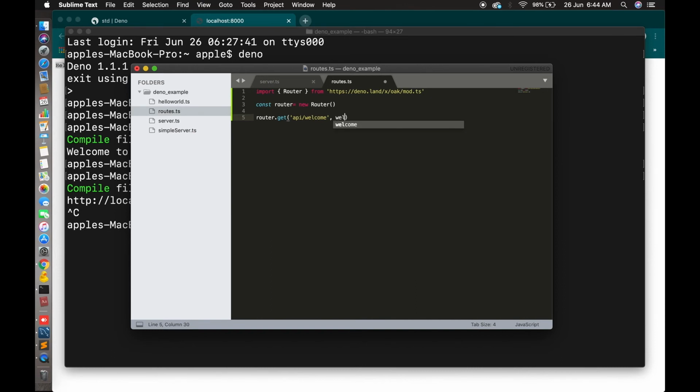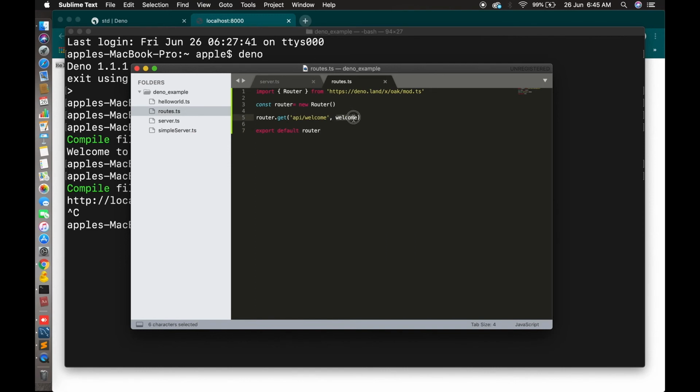So this is the function, welcome. I'll create a function or method, you can say. Then just export the router. Export default router. If you mention the default, while importing this there is no need of curly braces. Okay, so routes.ts is done.